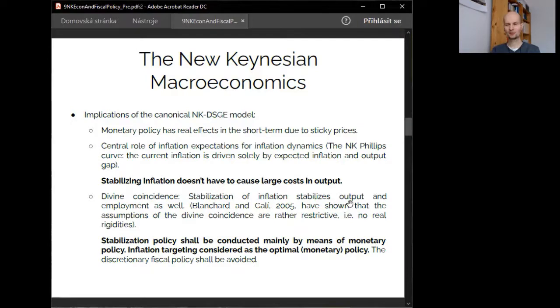Although Ganjar and Gali have shown that the assumption of this divine coincidence is relatively restrictive, still the implication of the DSG model, that stabilization of inflation might bring stabilization of output and employment as well, was widely accepted, especially by central bankers, because it provided a theoretical justification for the primary role of monetary policy. And it also provided a justification why monetary policy should be delegated to independent central banks which